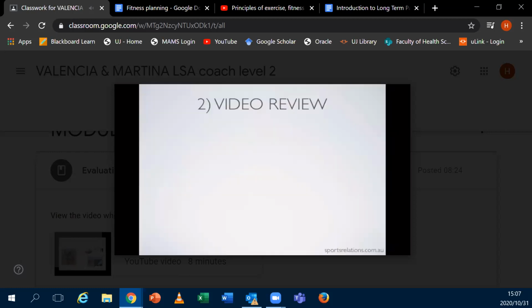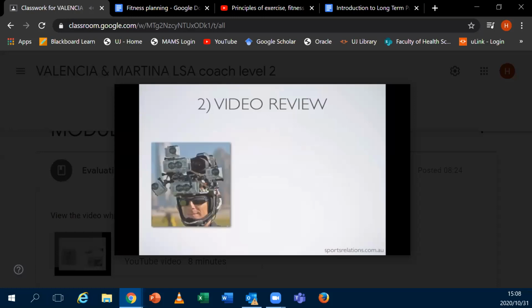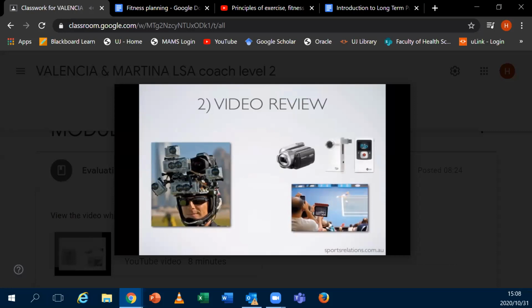So the second way to evaluate performance is to review it on video. So to be able to have a second look at it and look at specific sections of the performance multiple times is obviously, you know, very, very helpful in evaluating a performance. And these days, for coaches at all levels, it should be possible to collect footage, because you don't have to go to the extent that this guy has with his camera set up, but a number of devices,